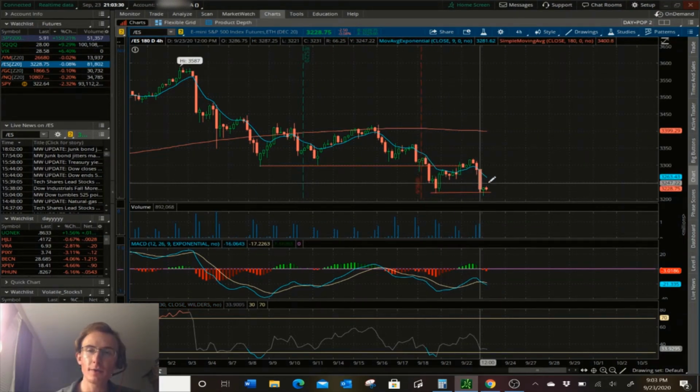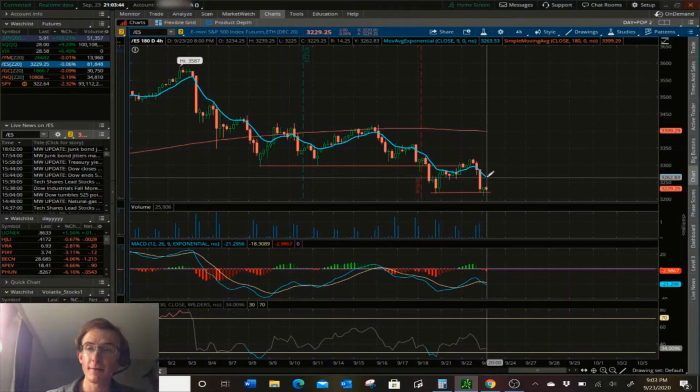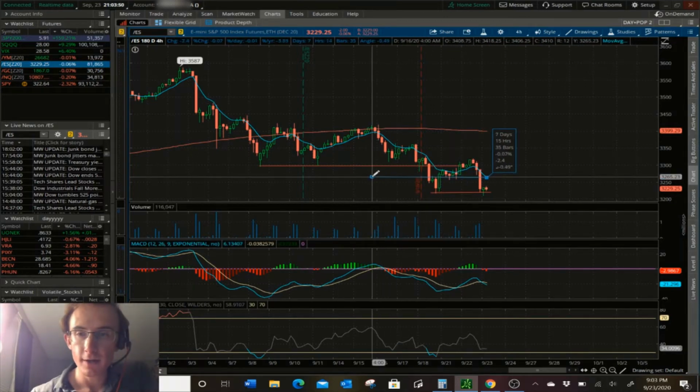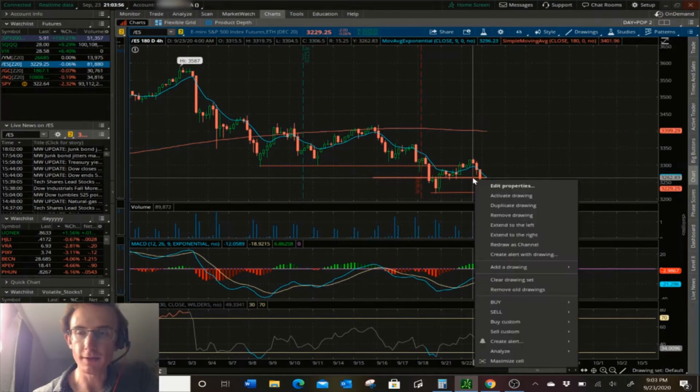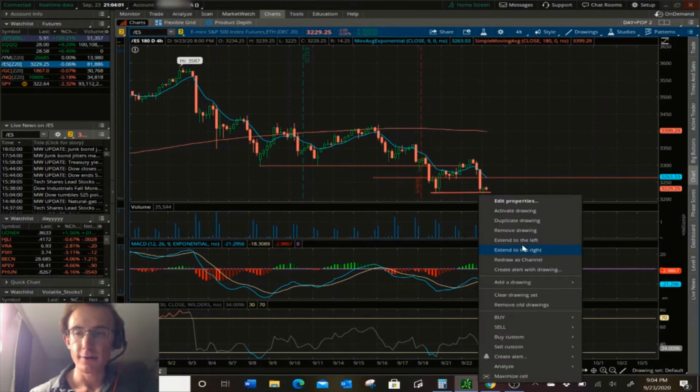And now the new point that you're going to be trying to look for is this EMA line, which is the exponential moving average. So this is your next main resistance that you're going to be looking for. If it breaks above this 3,262 mark, so this line right about here, we will see that would be its next line of support moving forward. So if we extend the line over here and extend the line over here,